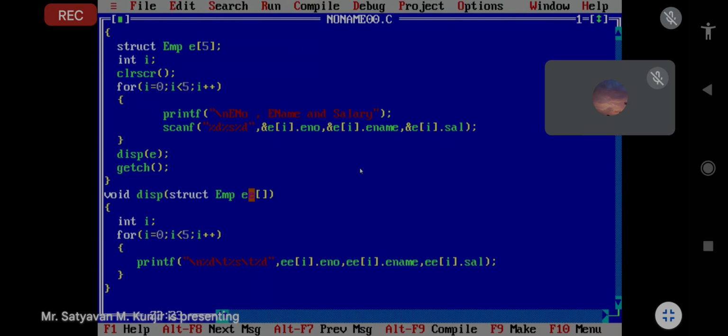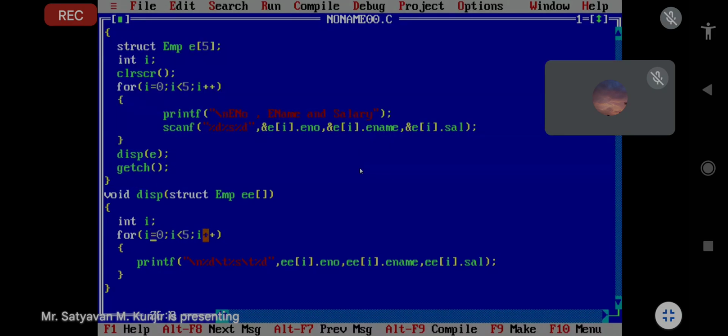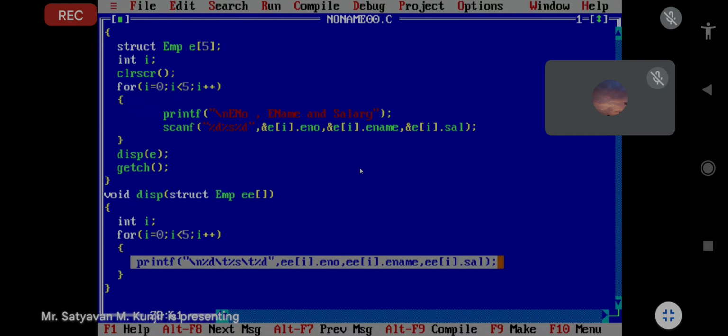It means you have to accept the details of 5 students and store them in an array, as we have just done. There will be no change in the main program, up to here it remains the same. Then we have to display the details of a student. Particular student means what? We have to accept a roll number from the user. You have to search that roll number in this array. Suppose it is found, then only that student's details have to be displayed. That is my question.